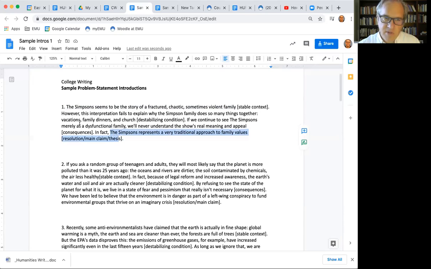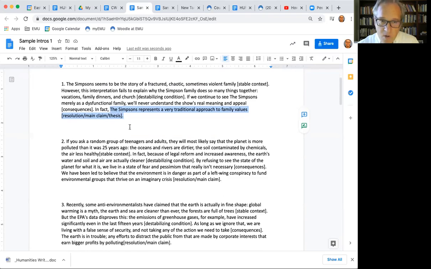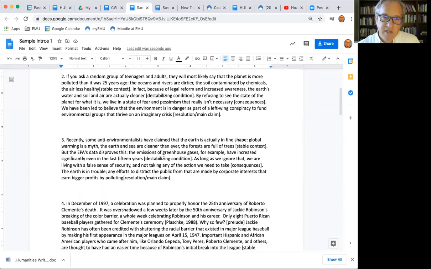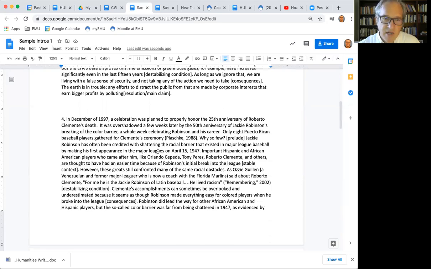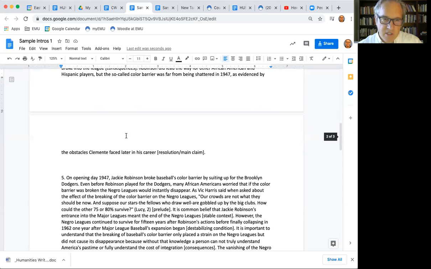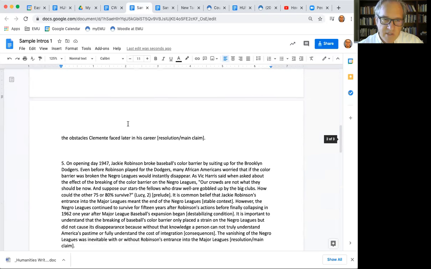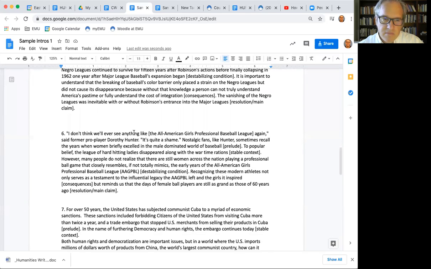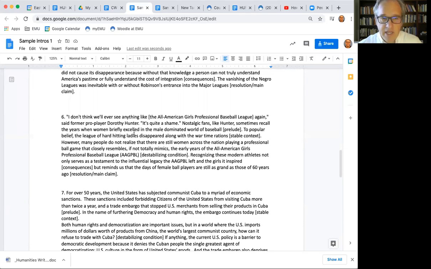Okay, and again, these other parts are just to help you move through and really set the stage so your reader appreciates that last sentence of the intro and catches your main claim. So what I have on here are a whole series of introductions following this model. They get more and more elaborate and longer. So there's some on baseball here, you can see. And again, you can read through these slowly just to get a feel for how all these parts are working